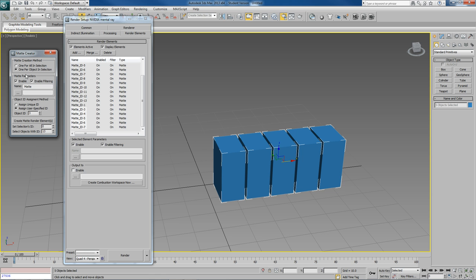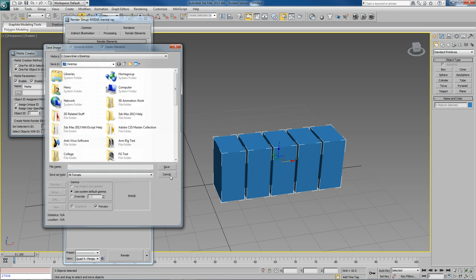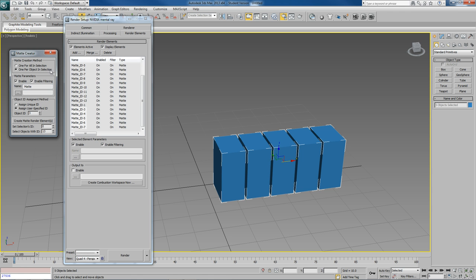So let me just delete all of these ID passes, and let's just say back to 0. So everything is now pretty much as it was by default. If I say one per object in selection and I save it as, again, test, and it just says JPEG,